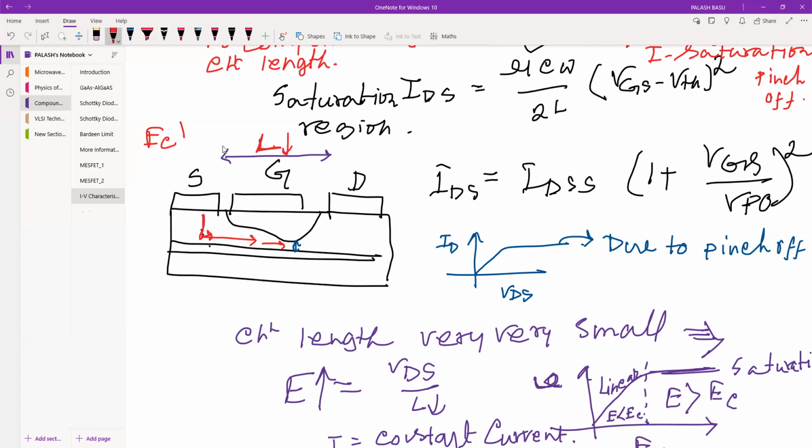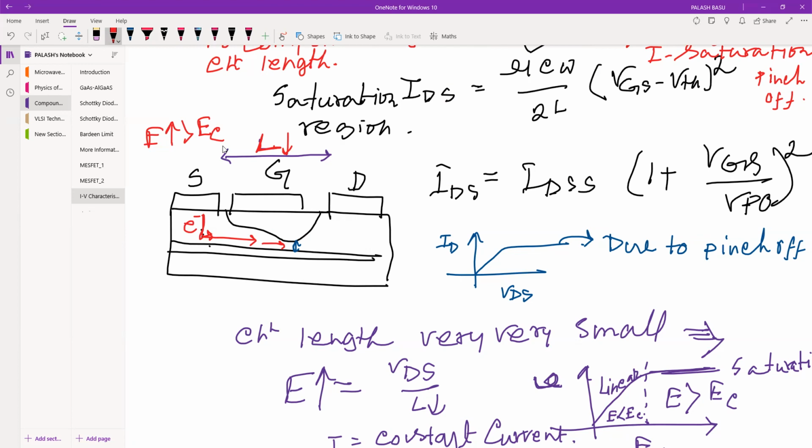and suppose it is more than EC, then what will happen? Whatever electron is coming out from source, it immediately experiences a huge electric field, and due to the huge electric field, you are getting a constant velocity, and